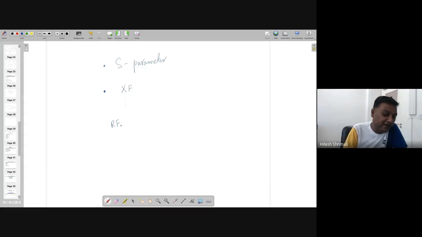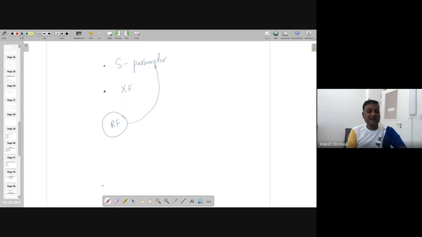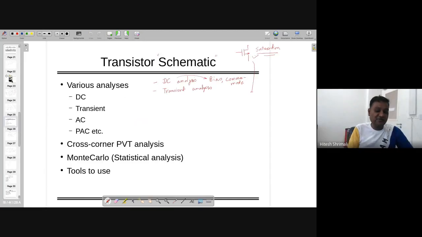RF is for radio frequency analysis. So generally, we don't work in RF. But if you are working in RF analog IC design, which is a much more advanced version of normal analog circuit design, or the CMOS analog IC design which you are studying, then you need to use RF analysis, where you need to use S parameters, some antenna parameters, all these things. All of this you need to do just to make sure whether it's matching your design parameters or specifications or not.